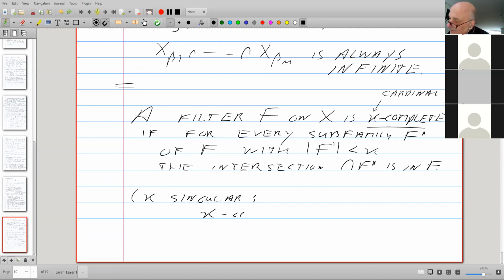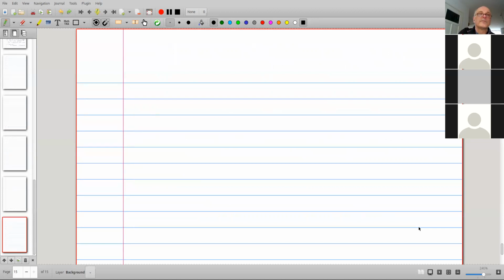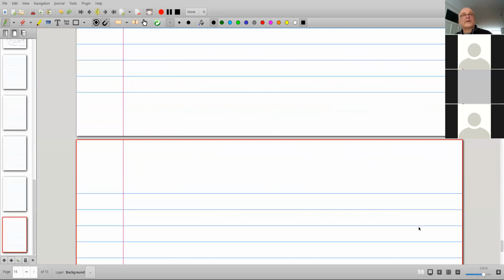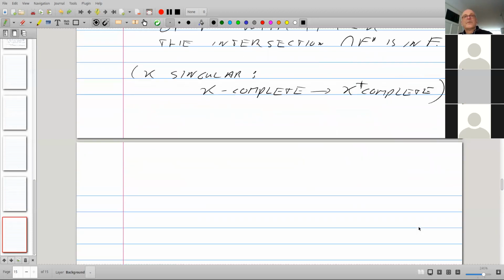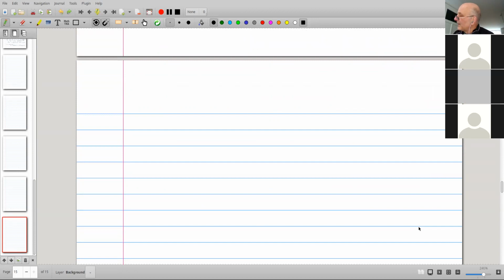Kappa complete implies kappa plus complete. So there's not much interest in having singular cardinals in this definition. Are there any examples? Well, yes.